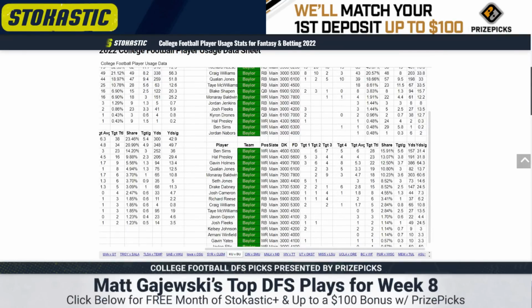In the receiving game, we saw Gavin Holmes pop off for a monster game after we saw Monterey Baldwin pop off for his. These are the top 2 receivers with Hal Presley actually functioning as the 3. Ben Sims, the tight end, is also involved. At this point, the best price-adjusted play is probably Gavin Holmes, but we're still talking about really thin volume